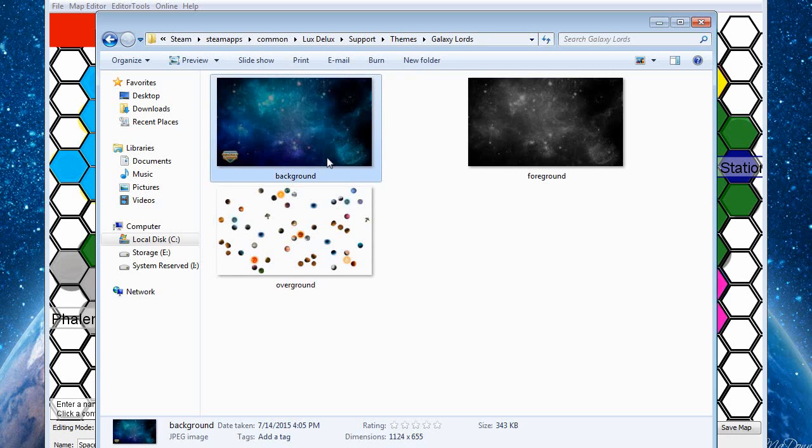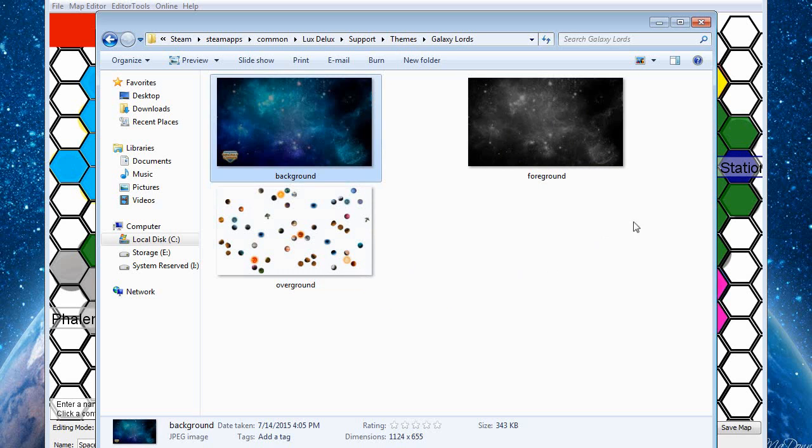So I have put in a background, which has the logo attached to it. I've also got a foreground, and this is just a black and white version of the background, and what this will do is it will be a transparent texture showing up behind the colors when the game is run. If you do not have this, it defaults to whatever the default texture is. It will not just be plain transparent. So if you want control over that to make it at least look like the background, I would suggest making a foreground version. These both have to be JPEG,